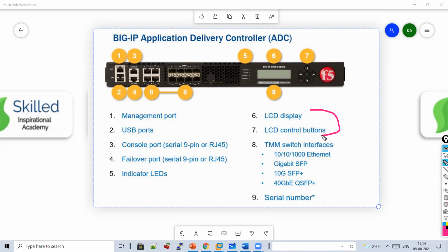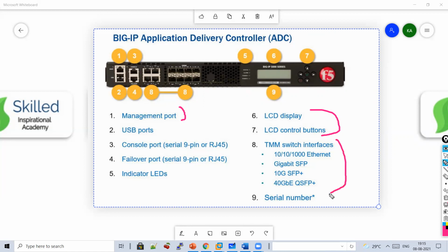I will talk about when you give a management IP, either you can give through console cable or you can give through USB port. And there is one LCD control button also through which you can assign management IP. So this is where generally it's used. LCD display and LCD control button.